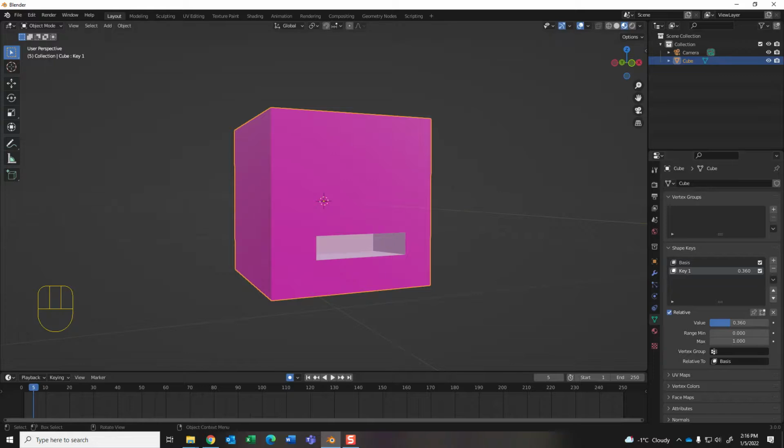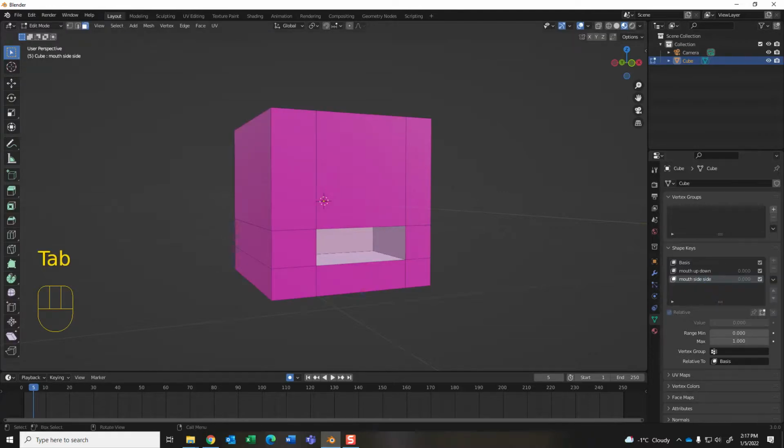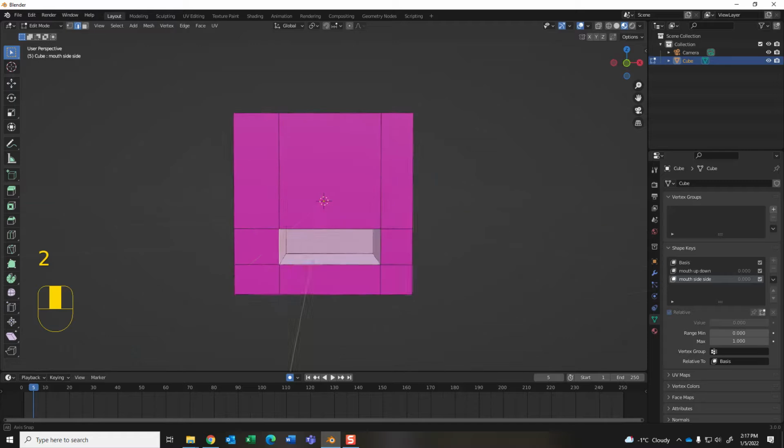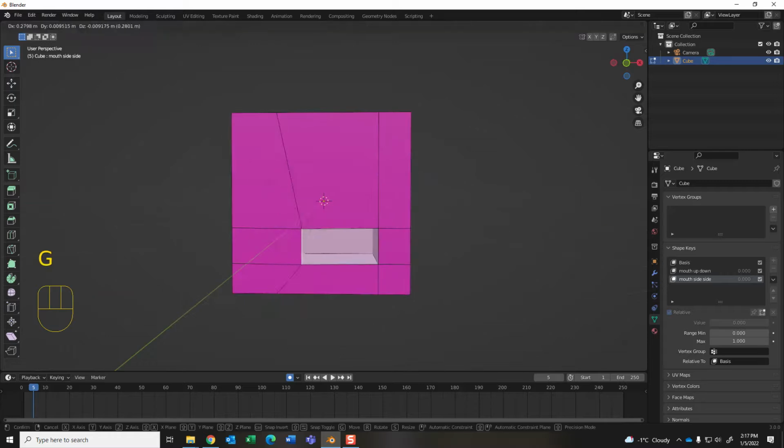So at the beginning of this video, I said, hey, we're going to make more than one. We're going to change the name of that. I'm going to call this mouth up down because it makes the mouth go up and down. And I'm also going to add a new shape key, and I'm going to call this one mouth side side. And just like we did before, when we edit this one, I'm going to grab just that edge, grab it, move it,